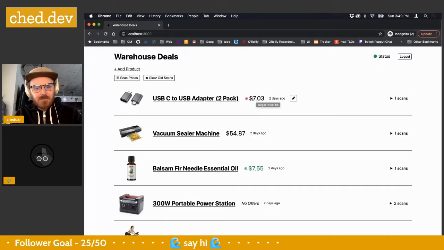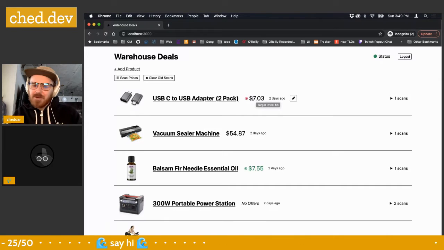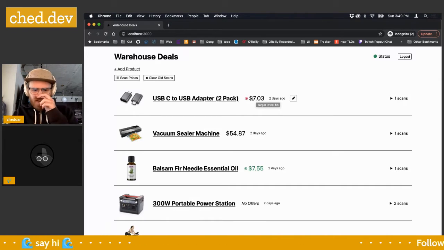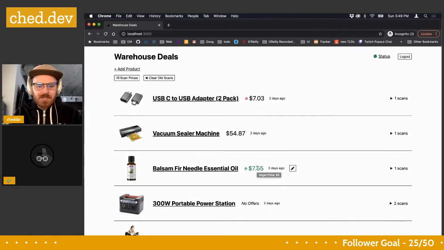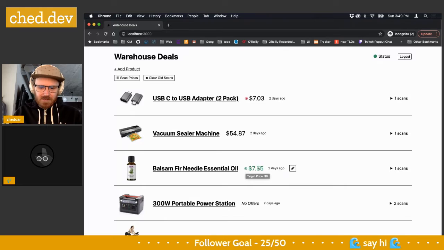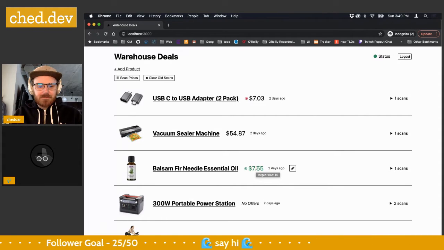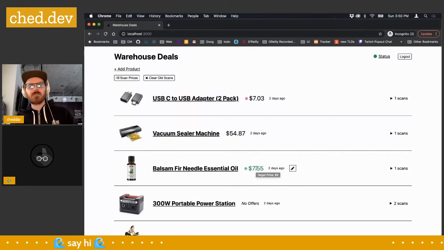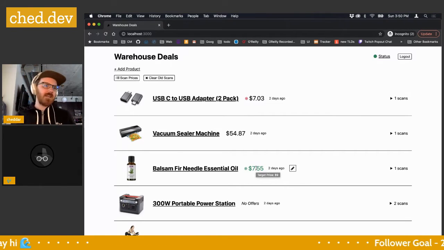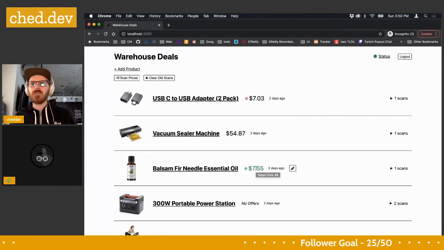So I'm waiting for that to go down to $6. And right now, if the price matches, so for example this one, it has beat the target price, it just turns green. It doesn't actually send you anything yet, but I worked with Coding Garden yesterday on the last stream, and we were able to get